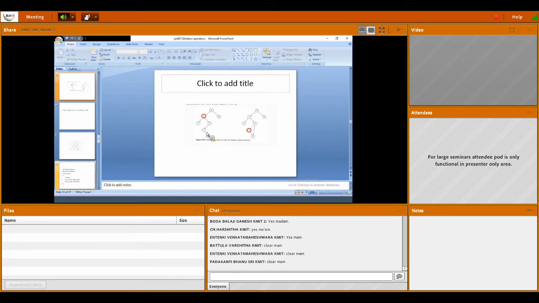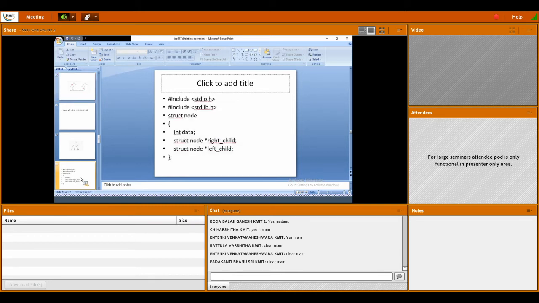Which child? The right child. That should be connected now. To whom? To node 5 as a left child. If the replacing node has a right child, it will be connected as a left child. If the replacing node has a left child, it will be connected as a right child. It is a trick. Clear? Right.